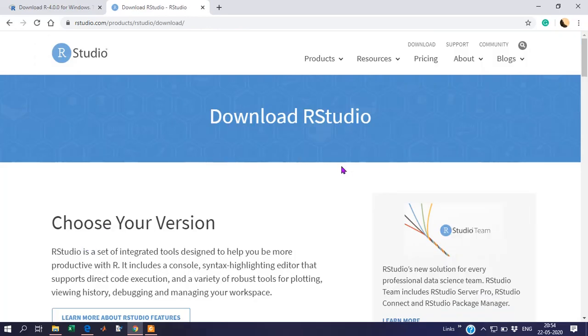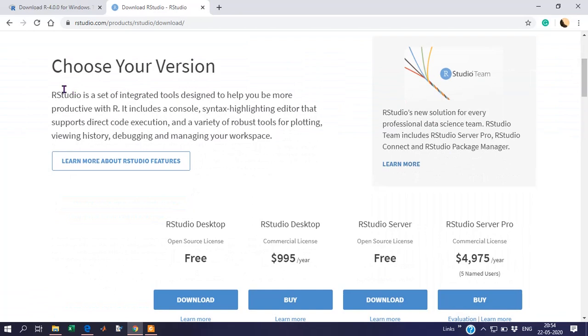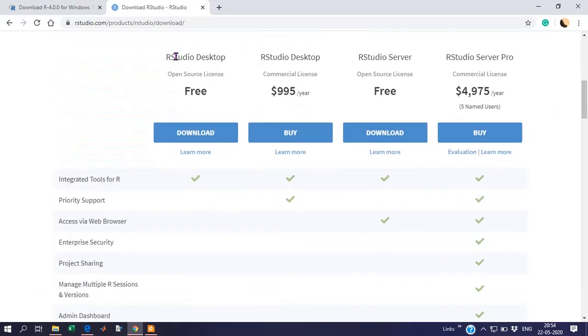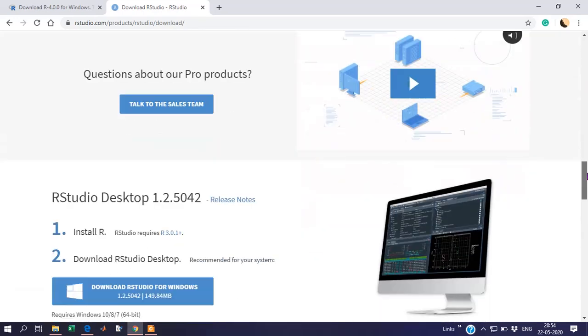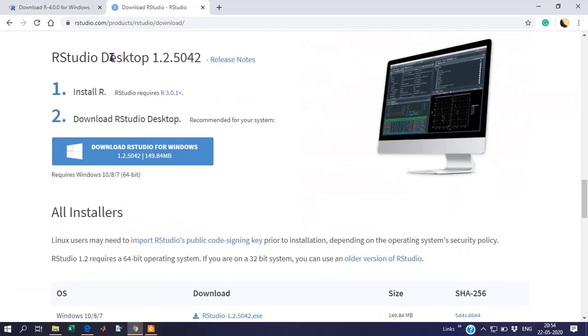So it opens this link. Download RStudio. Choose your version. They have different versions for RStudio: RStudio Desktop open source license, commercial license. We are going to use this RStudio Desktop open source. Then again, for RStudio Desktop, the latest version is 1.2.5042.